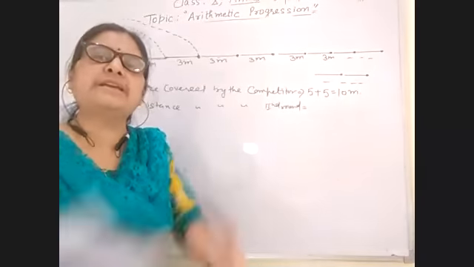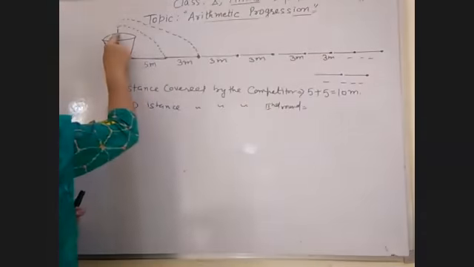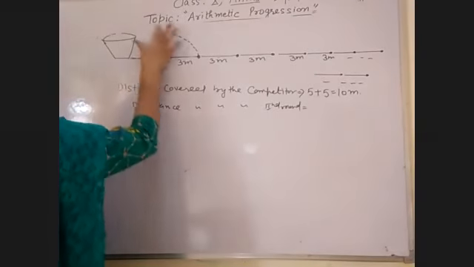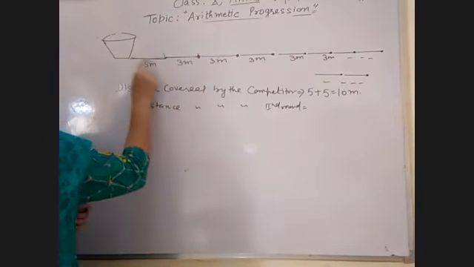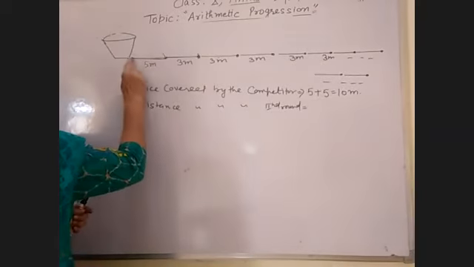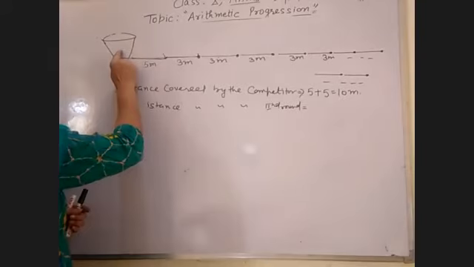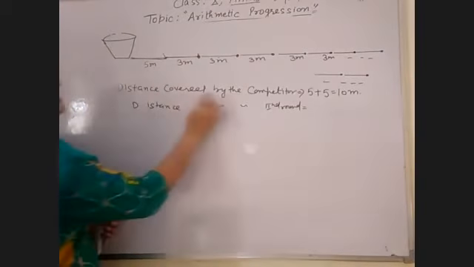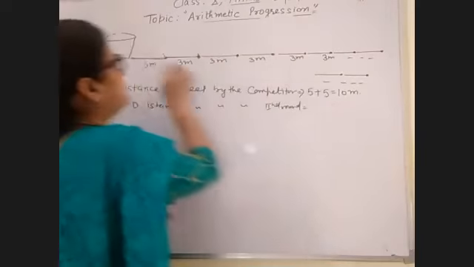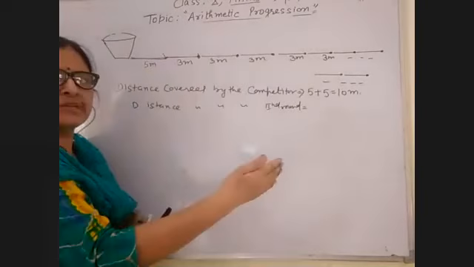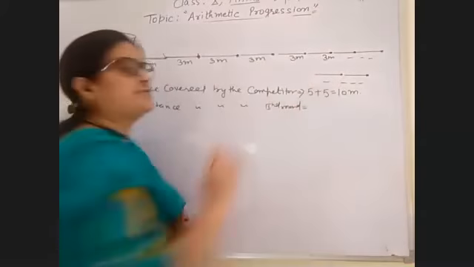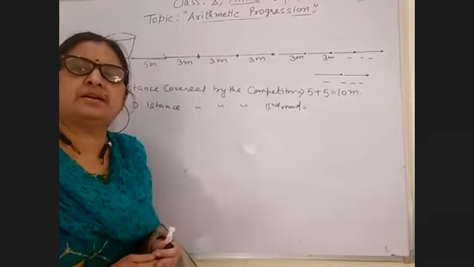How we form the AP? The girl starts from here. Bucket से यहाँ से start करती है girl. तो वो distance कितना cover करती है? यहाँ से पहले bucket एक potato को pick करने के लिए 5 मीटर उसने distance यहाँ से यहाँ तक cover किया. Then go back and put the potato in the bucket. So first time distance covered by the competitor 5 मीटर आना, मतलब कि पहले जाना और फिर वापस कम बैक करना. 5 + 5, so total distance covered by the girl 10 meter.